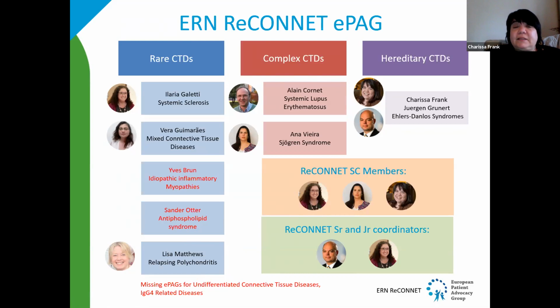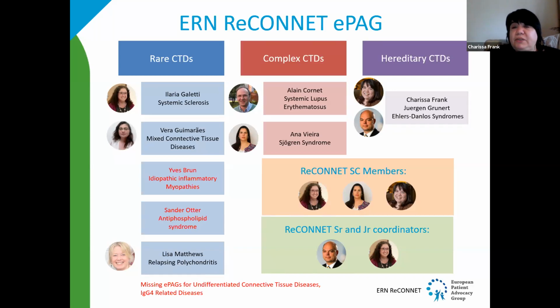Lisa Matthews, just like Vera, was part of the project to help identify patient representatives for the disease. But for others, as undifferentiated connective tissue disorders and IgG4, we have yet today to find somebody to represent. Then also we have Ellen Cornet for lupus, and Ana Vieira. She could not be here because she is following a course in Portugal. She is also